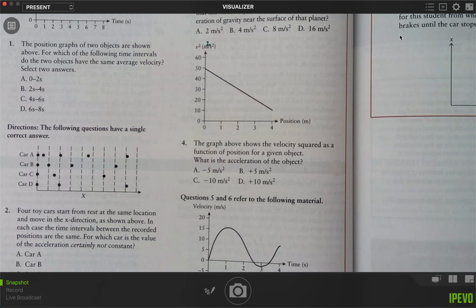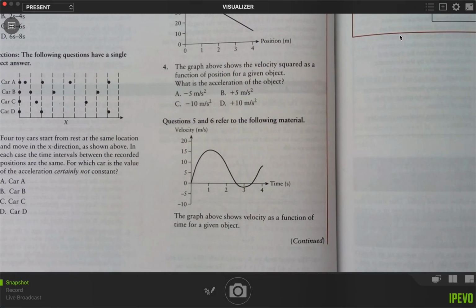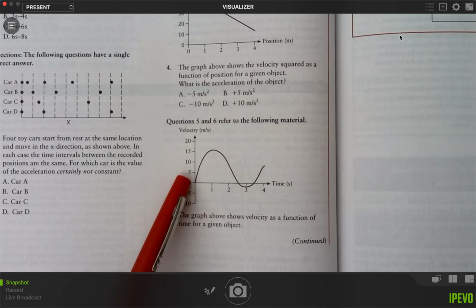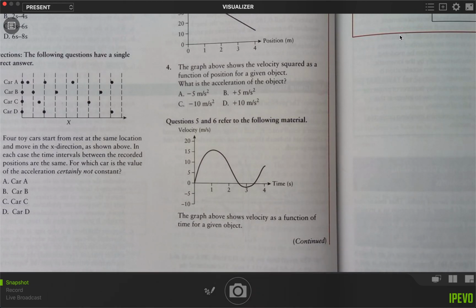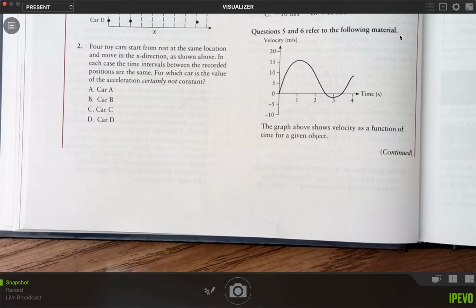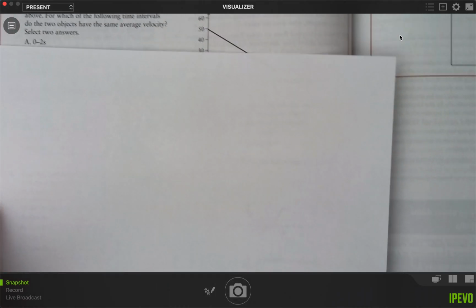So now let's move on to number 5. This is going to be in reference to this graph. We're going to reference this graph for 5 and 6. In number 5, it's saying, at which of the following times does an object have the greatest displacement from the start? So what we're being asked to really think about as we work through numbers 5 and 6 is, while we know for a velocity versus time graph,